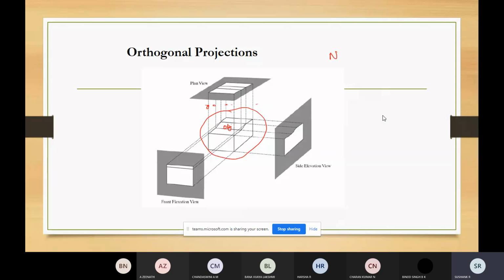So in this image, for one object you are getting three views. One is the front side view. So this is how the object is looking when you're seeing from the front side. This is the side view. So from the side view and the front view, you can get the elevation. You can get the elevation details. So the height of the object, you can get it.